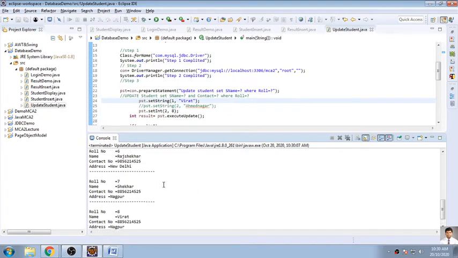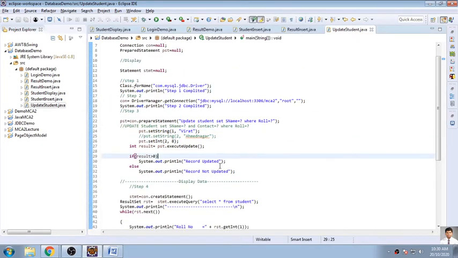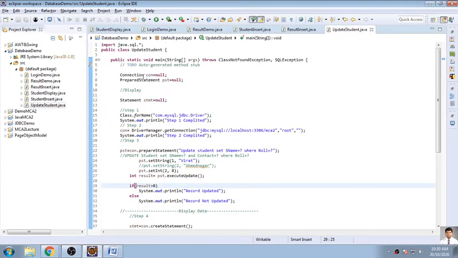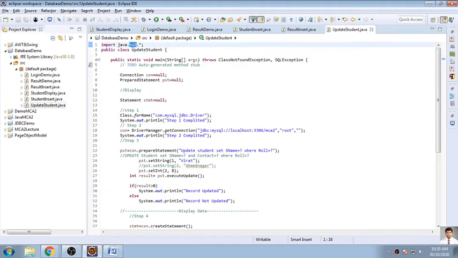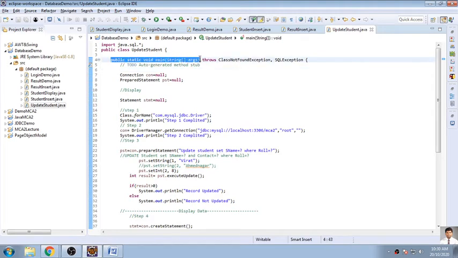Okay, so we have everything with this. This is a simple code. If you want a re-explanation, I can explain it again. This is one simple program. We have imported the SQL package. We have written code within the main function, so that, to avoid writing try and catch again and again, I have used the throws keyword, and I have handled 2 exceptions.